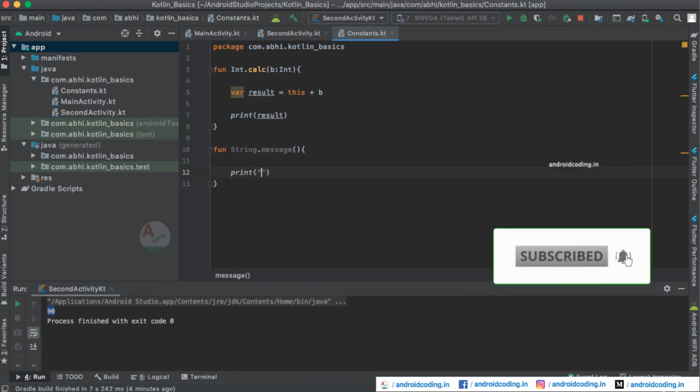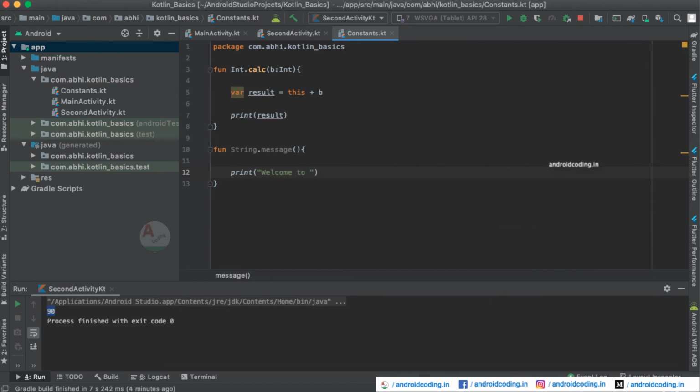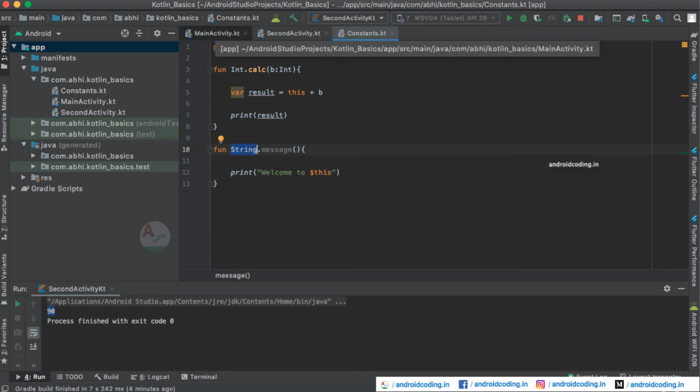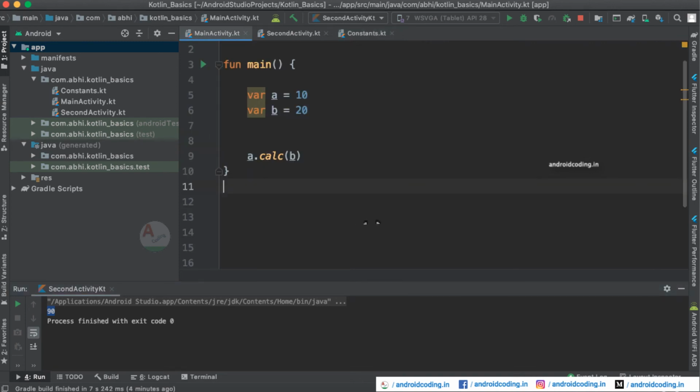So just provide a basic message, welcome to, and here we are going to add this keyword here. So this particular string which we are going to extend in our function will be displayed in this particular print statement. So see how this works.